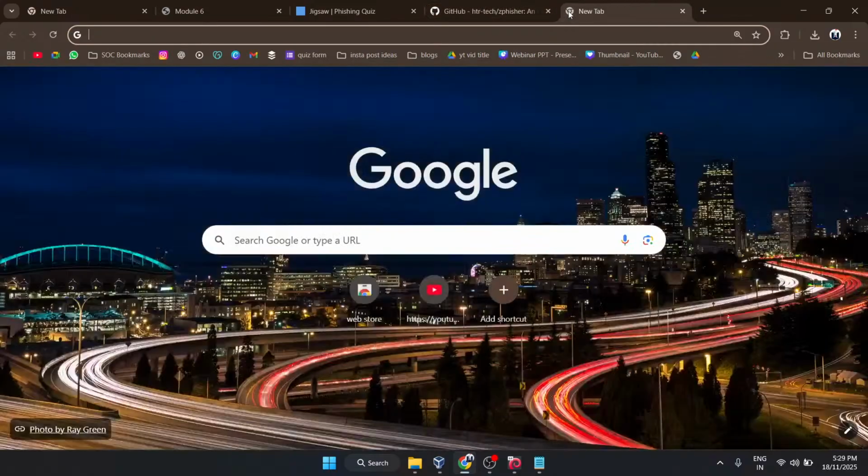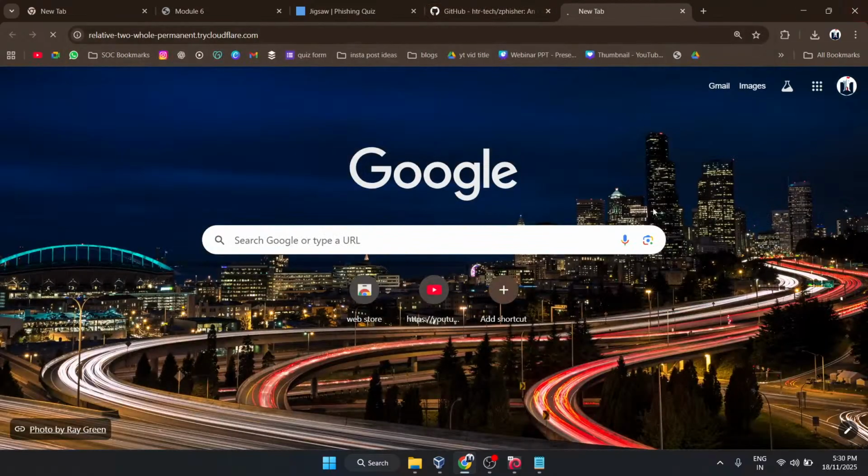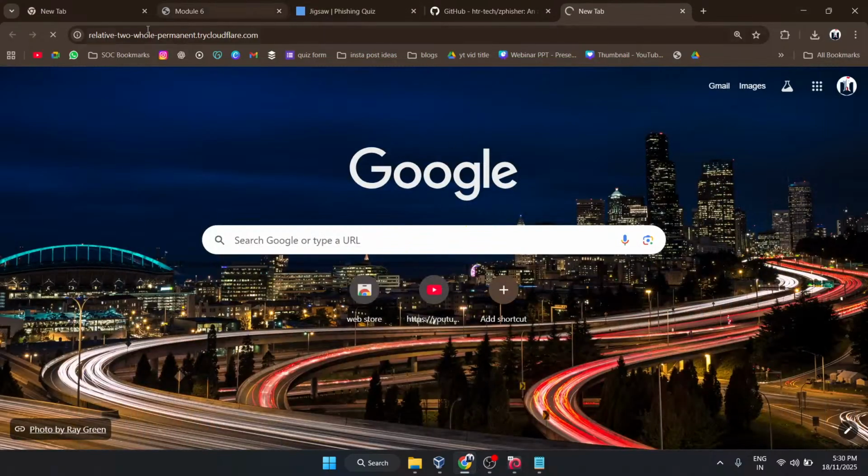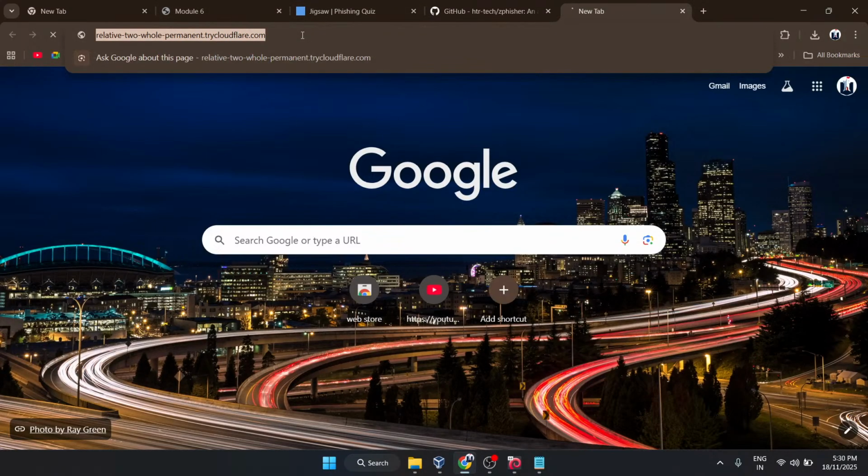Now I am going to open this in my browser here. Why am I opening it in my normal browser? Because you can see this has a different IP and this has a different IP, so these two systems are completely different. Okay, hit enter. I thought my net was gone.